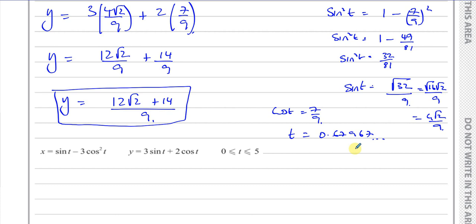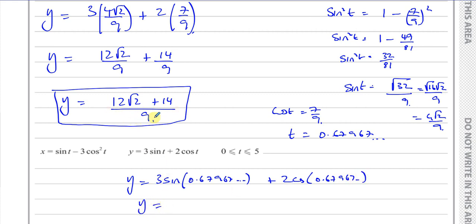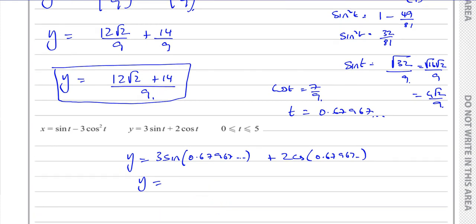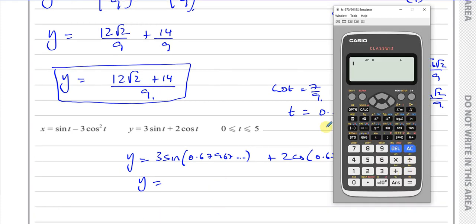Now, if this is correct, then when I put this into this equation, I should get the same value as that. It won't give me the exact value; it will give me a decimal value, but it should give me the same value. So I'm going to put this in this equation as it's stored in my calculator. Now that should give me something equal to that in its value. So I'm going to put 3 times sine of the angle that I have stored under A,